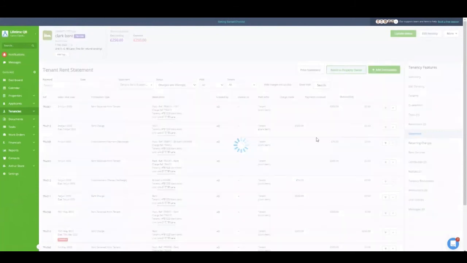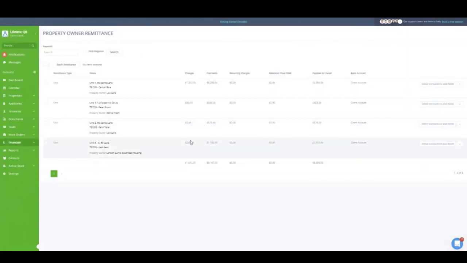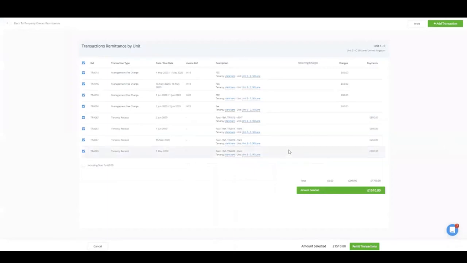That'll bring us to the remittance screen here. And as we can see, we've got the property owner for our tenant here. To remit to him, we're just going to want to select transactions and remit. The management fee charges and the tenancy receipts are all here. The amount looks correct, so all I'm going to want to do is click remit transactions,